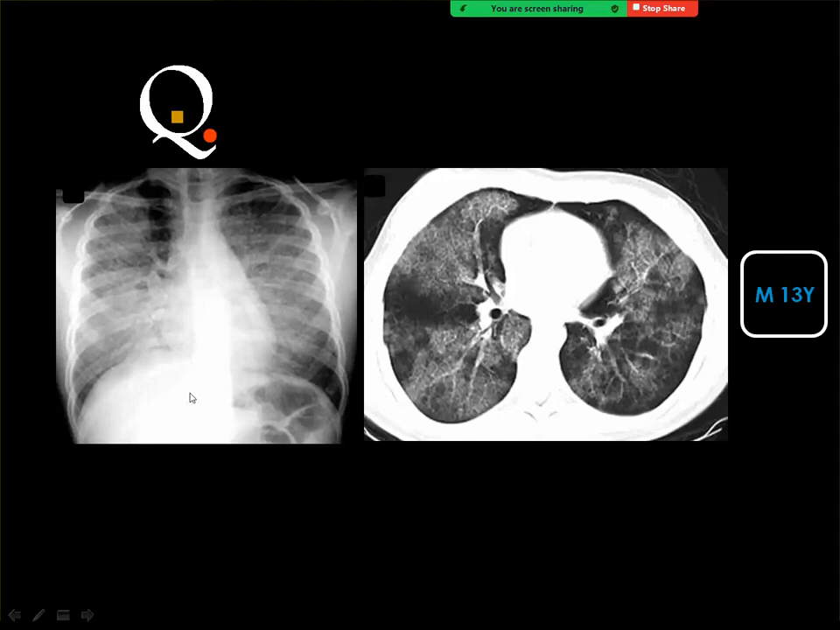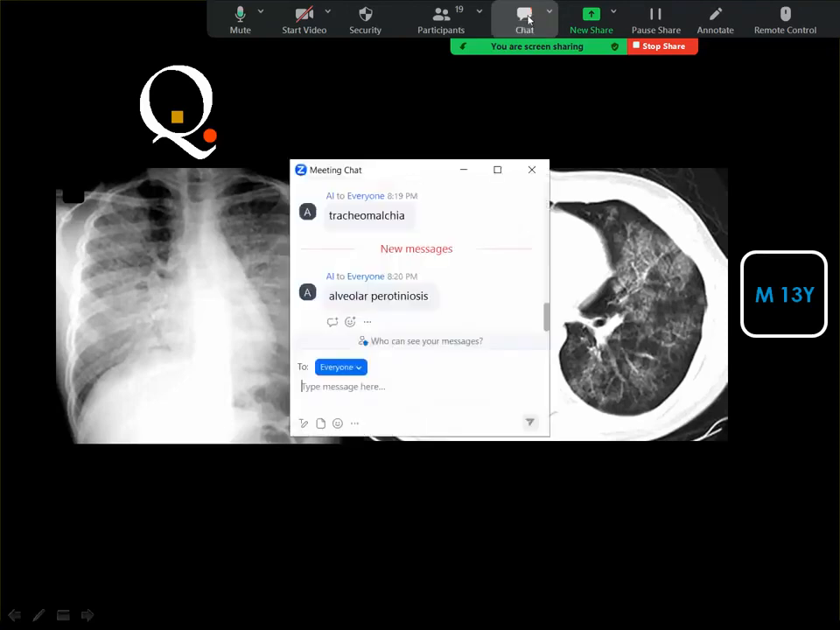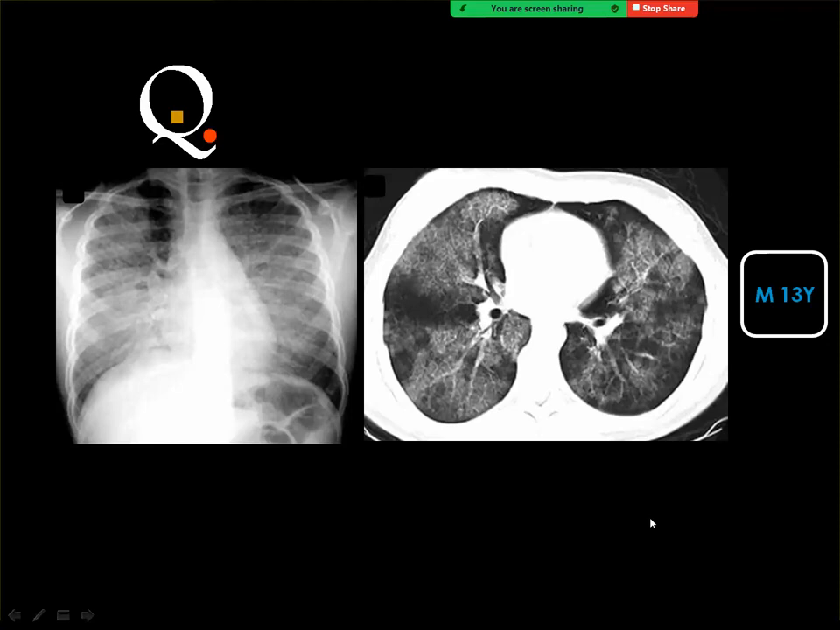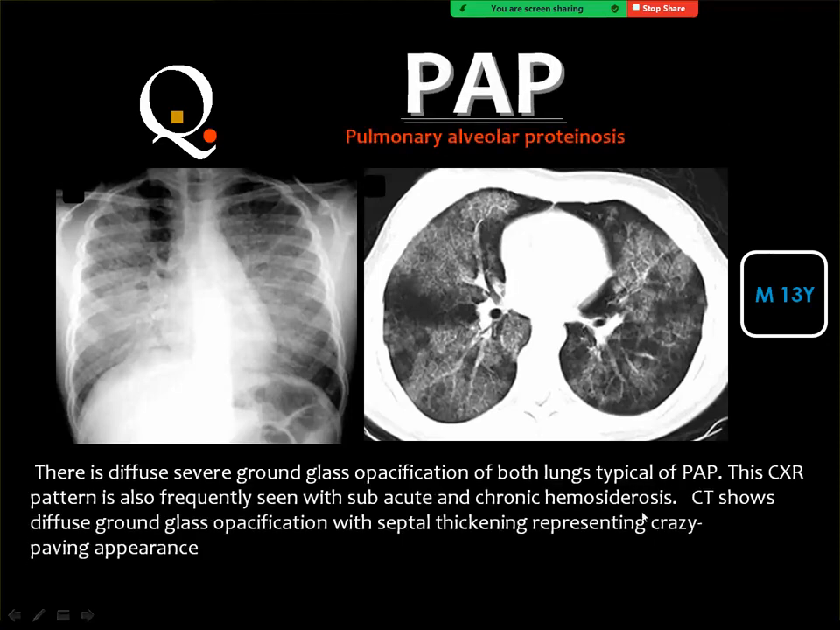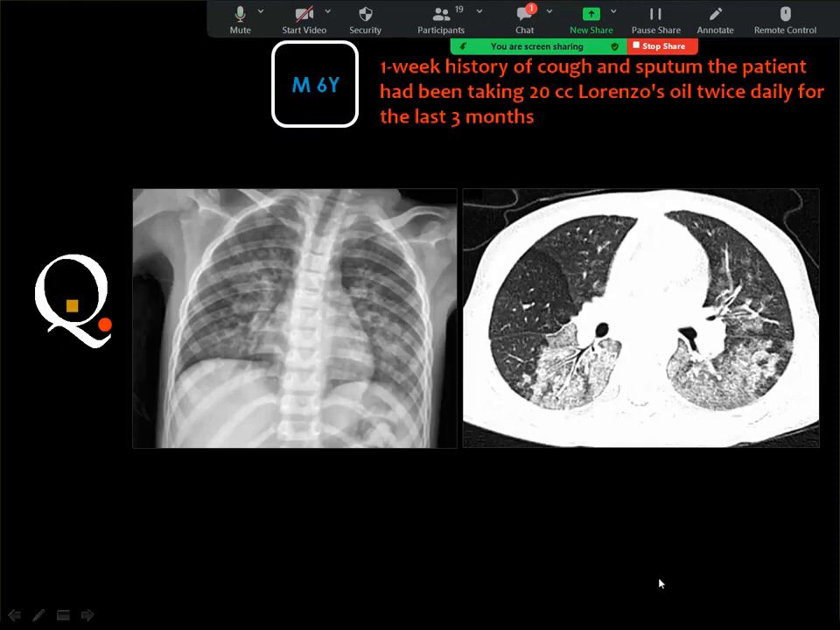13 years old boy, and the chest X-ray showed diffuse lung disease. The CT scan showed this appearance, and it is one of the characteristic. Yes, this is alveolar proteinosis because of the crazy paving appearance. If you look carefully here and you see the crazy paving, which is one of the pathognomonic features of this particular disease. Next case,